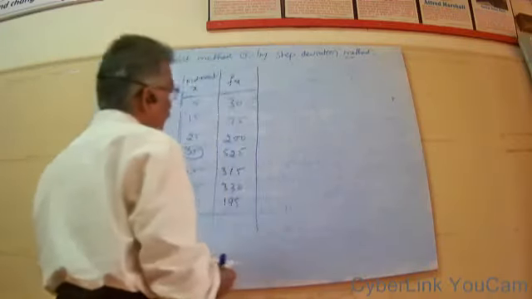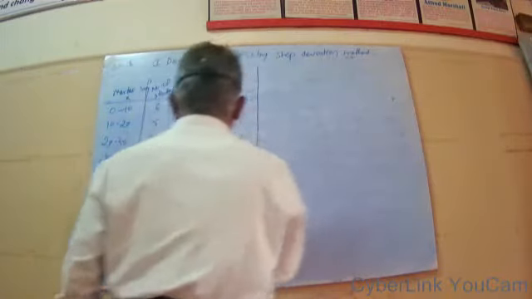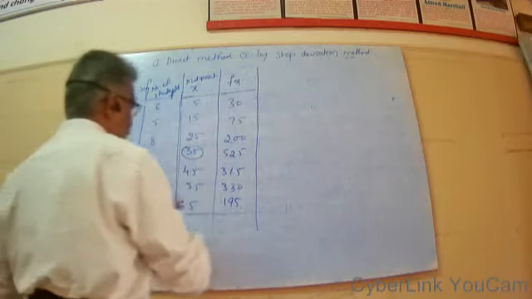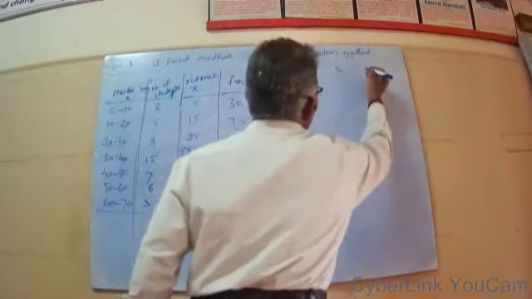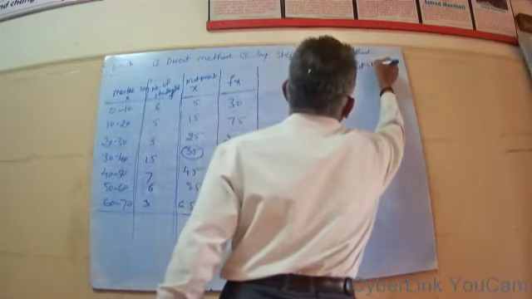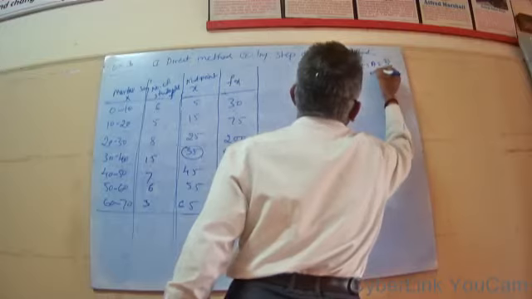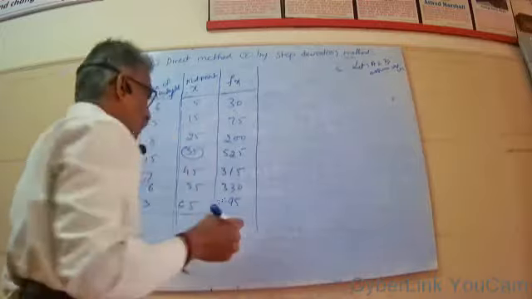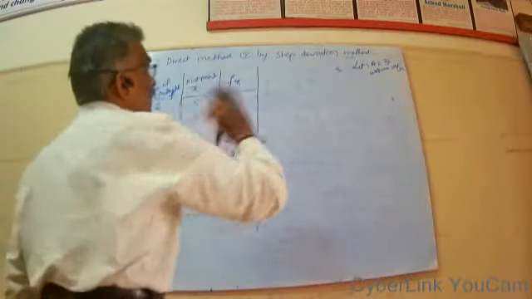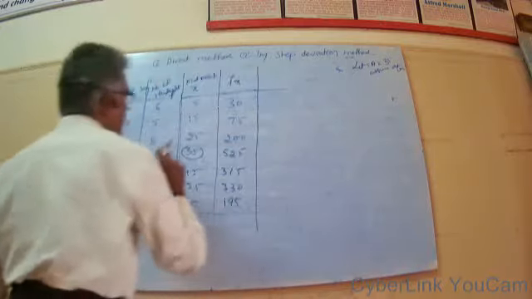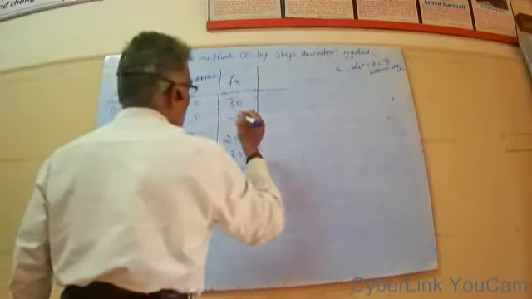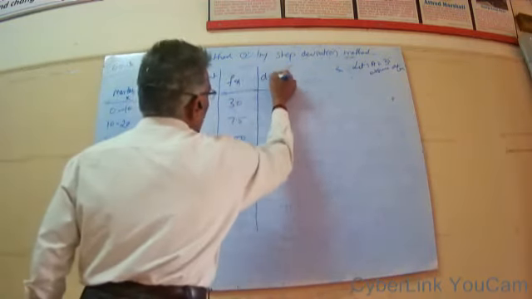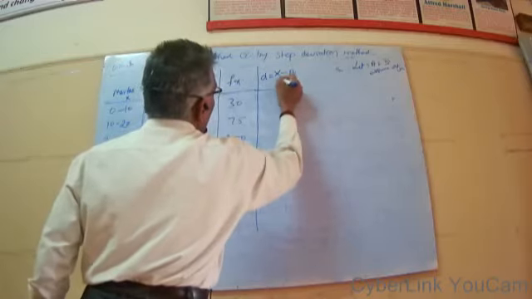So the middle number here for the given set of observations is 35. Let us take a equal to 35 as the assumed arbitrary value. Now to take the step deviation method, deviation means take the deviation from this. So 35 is our number. So d is the deviation, equal to x minus a divided by h.